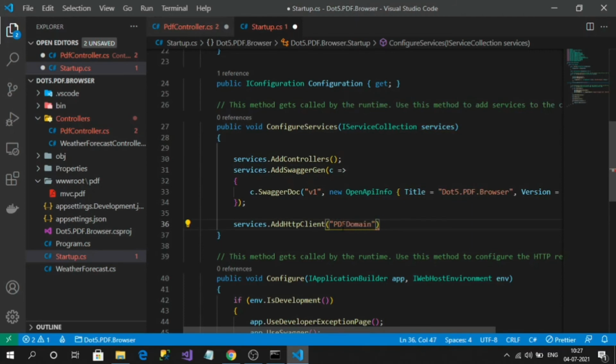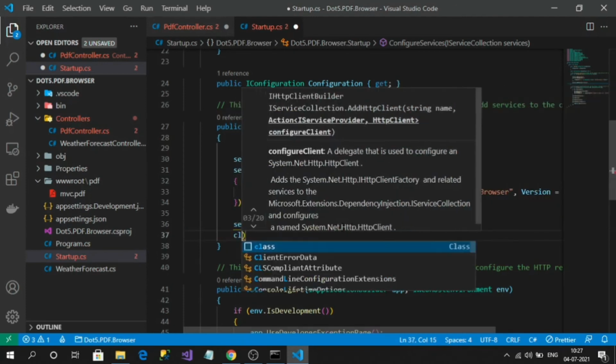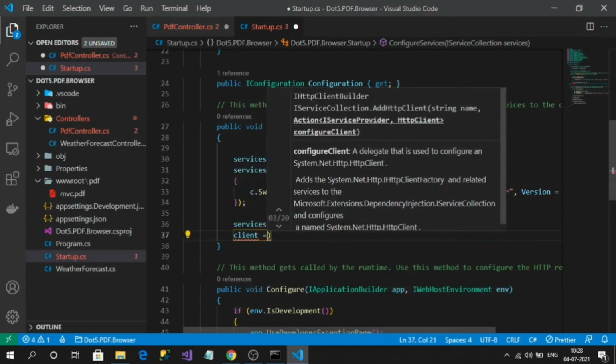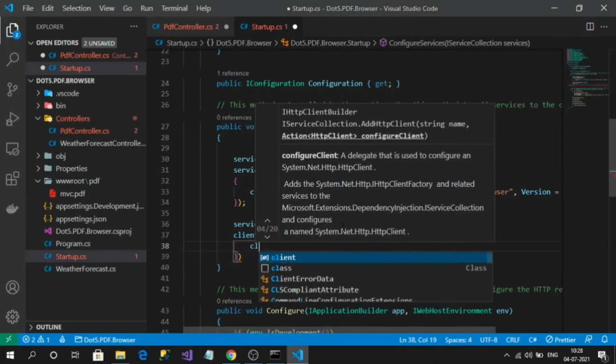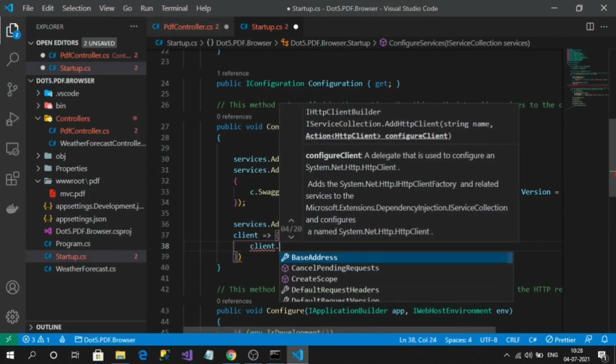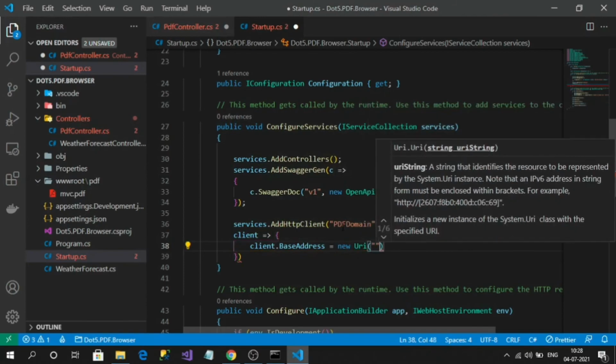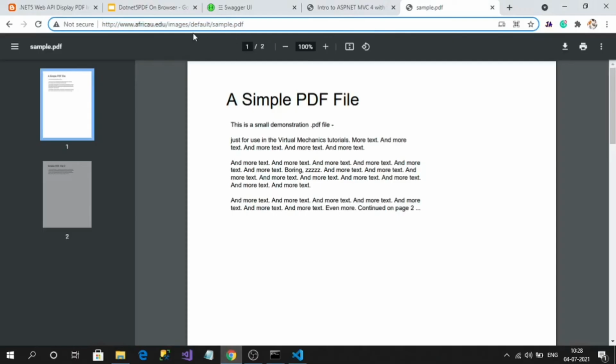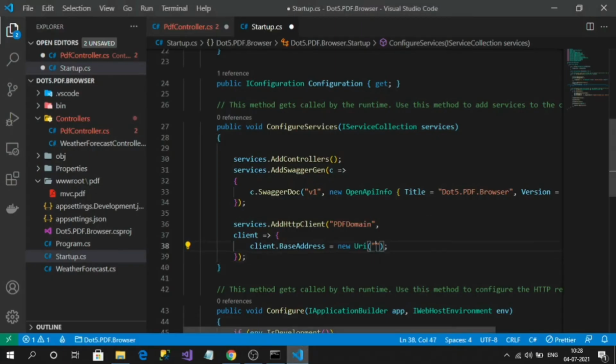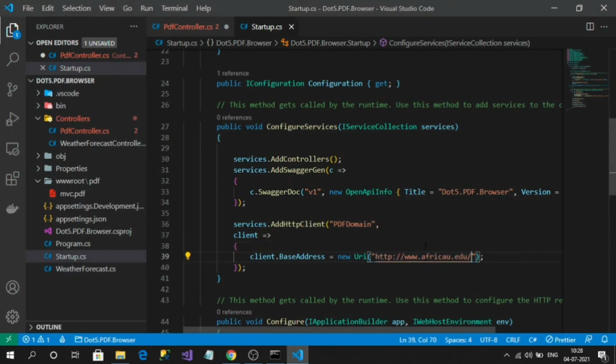You can define any name of your own choice. Okay, and basic configuration like base URL. So let me copy the base domain. Okay, that's our configuration for the startup file.